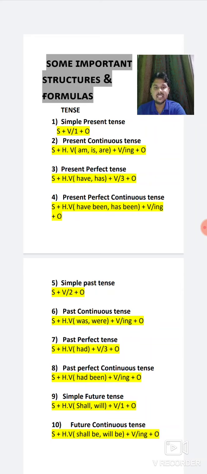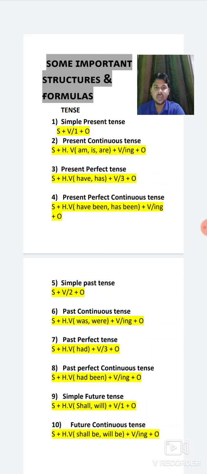But before starting any tense, students, let me explain some tricks that you have to keep in your mind while solving any tense example. In any tense, the subject part and object part will remain unchanged. It means we will not change any word while writing the subject or object; we will write them as it is. And a few tricks you have to follow. If the word continuous is at the last of the instruction, it means you have to add verb ing. If a perfect tense is there, we have to write the verb third form. These things you have to keep in your mind. Now, without wasting time, number one, simple present tense.